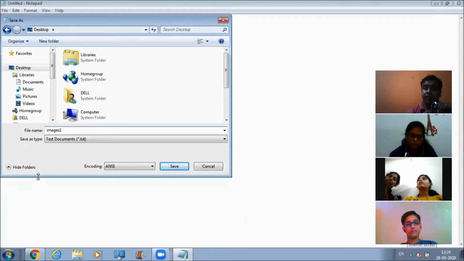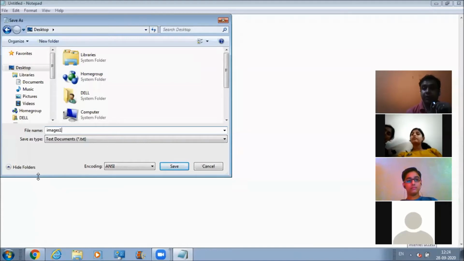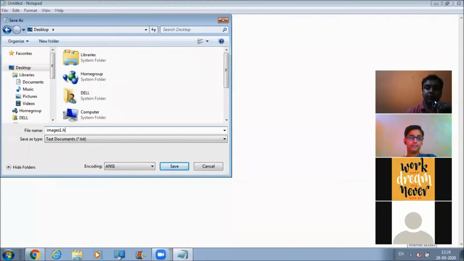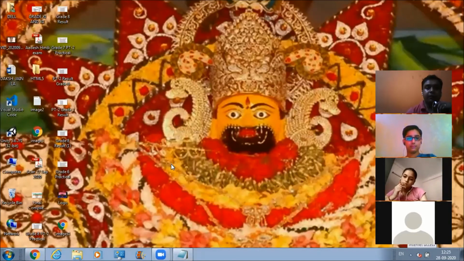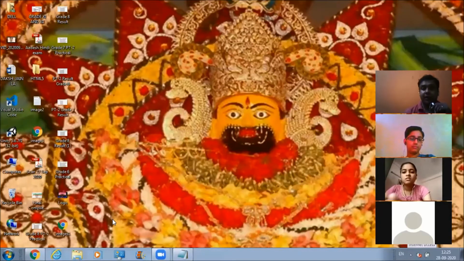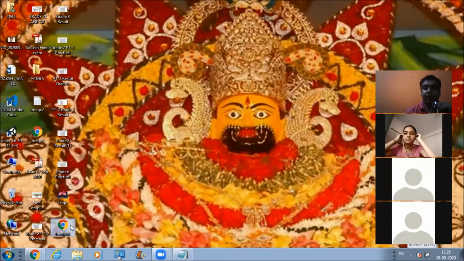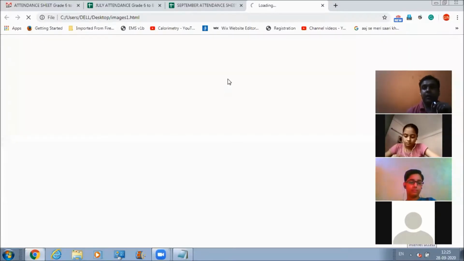And with what extension do I need to save this file? What is the extension that we generally use for saving an HTML document? .html. That is absolutely correct. Either you can use .html or you can use .htm for saving an HTML document. Now just click on save and automatically you will see your file here. This is the file that we have just created. Now if you want to see the output of this file, you just have to double click this file and automatically it will open in your browser.